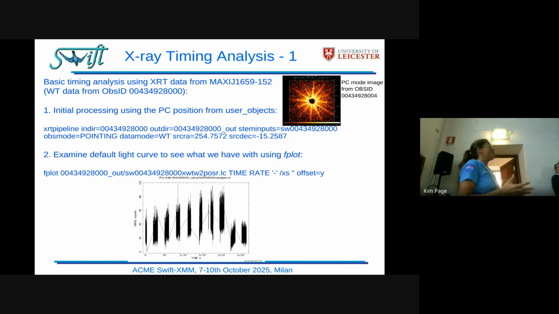But generally, if you don't know how bright something is, then you would go with auto state, and then afterwards, you can look at the data and decide whether it ought to be typically PC mode. There are sometimes, I think we mentioned that the cut,